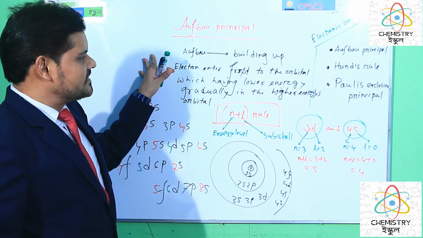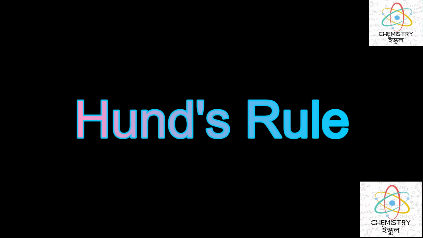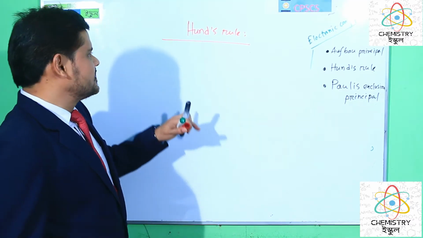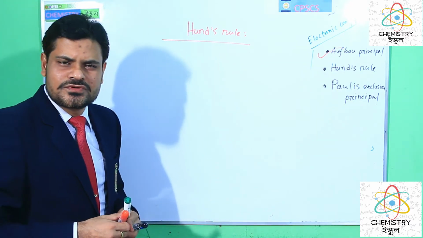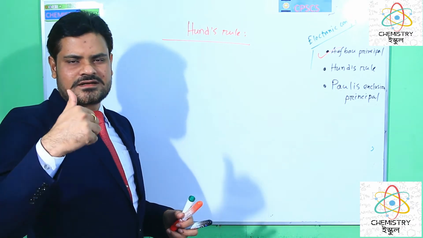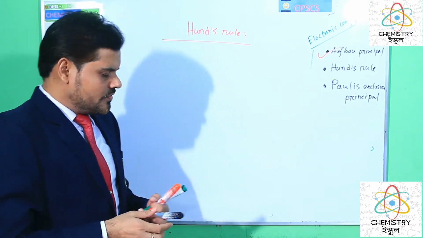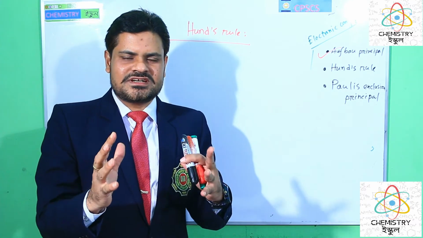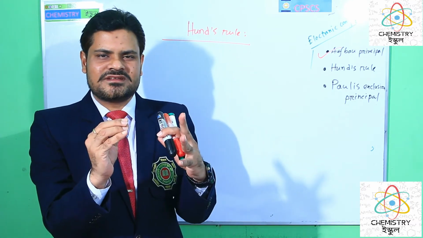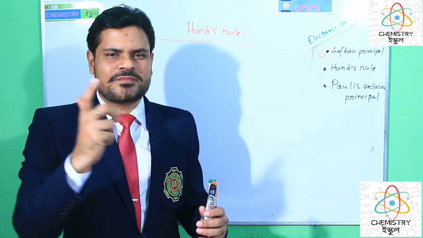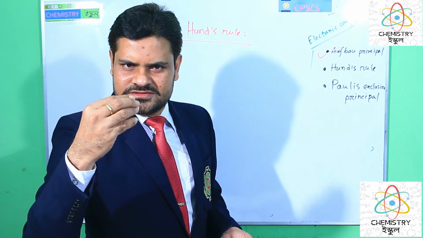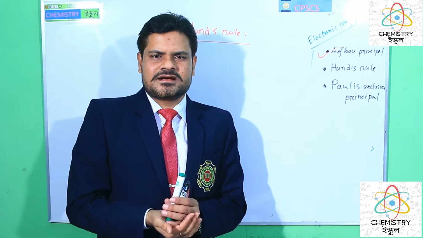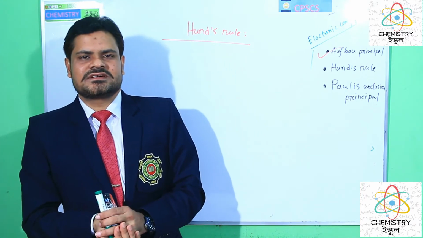Now let's go to know about Hund's rule, dear learners. Dear learners, this is Hund's rule. Already we have done the Aufbau principle here. Now Hund's rule. What is Hund's rule? This is also another rule for electronic configuration. Hund's rule means the electrons are distributed in different degenerate orbitals in the maximum unpaired state. I mean, when electrons enter the different degenerate orbitals, they enter with the maximum